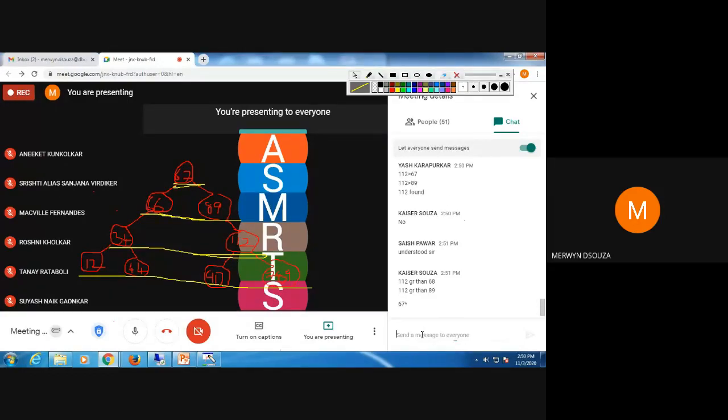So you can next try to delete 44. Delete 44 from the tree.